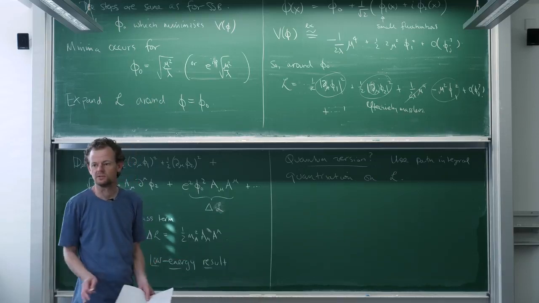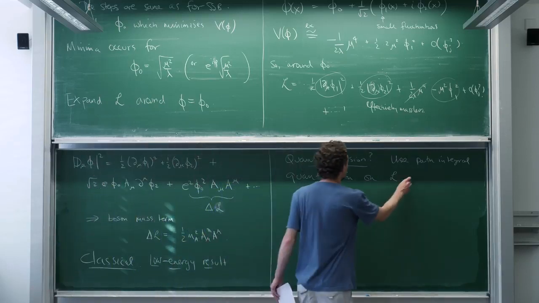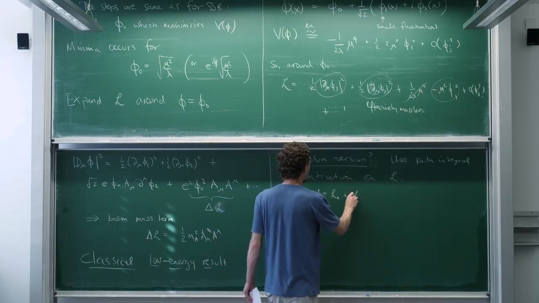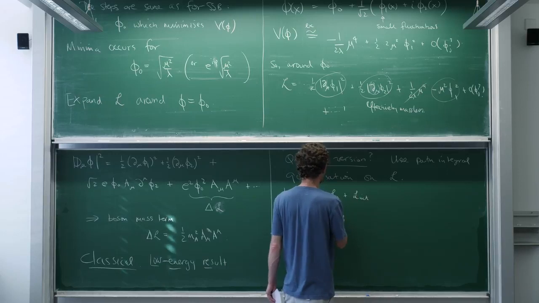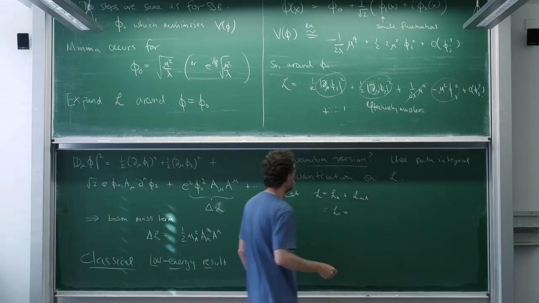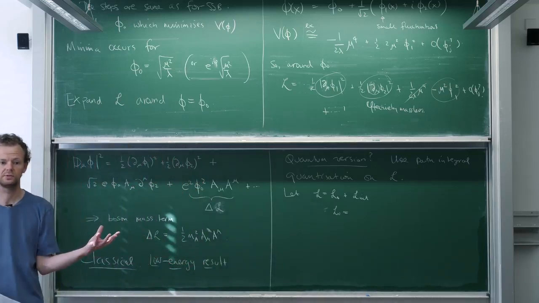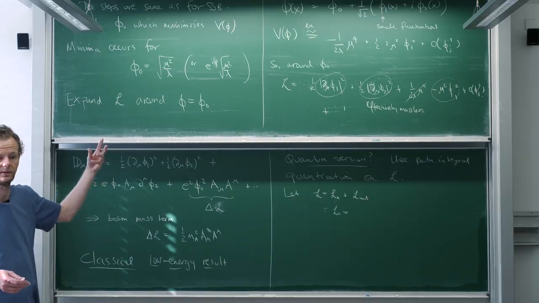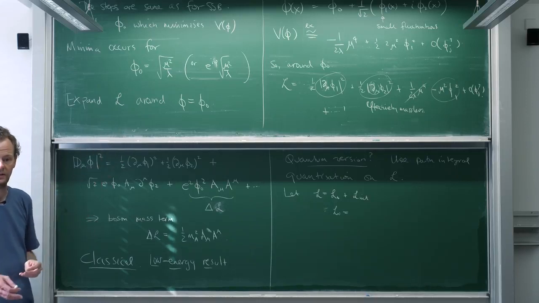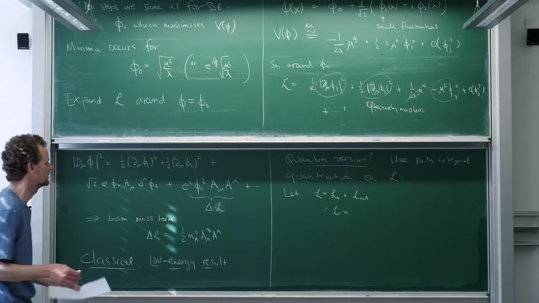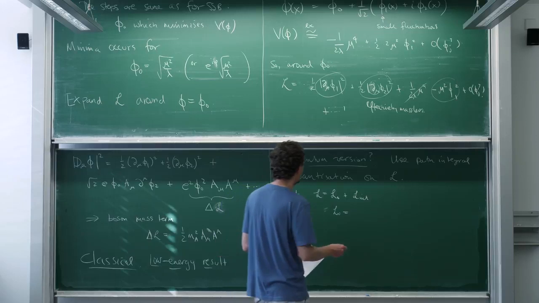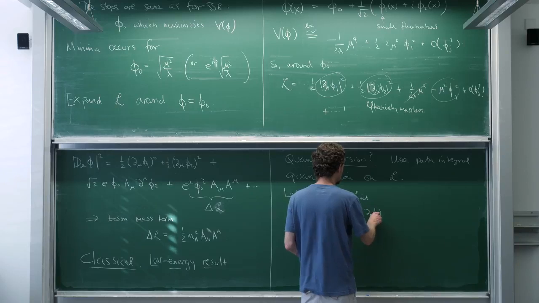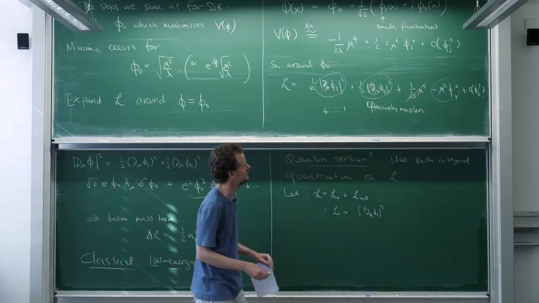We're going to use the path integral quantization on L. It's not enough just to stick it in the path integral. We've got to generate it. We're going to use the path integral as a box to generate Feynman diagrams. Otherwise, the path integral doesn't necessarily make any sense. So to do that, we're going to need to identify a free part that's easy, and that's given by this stuff here.